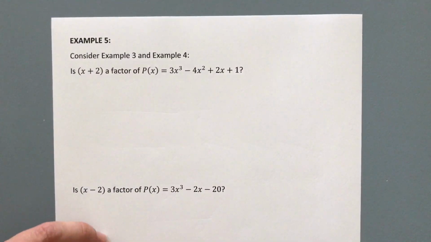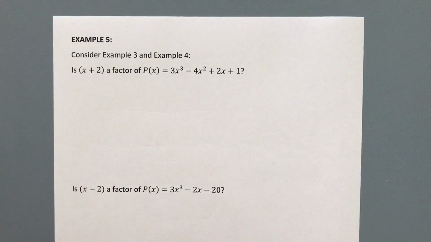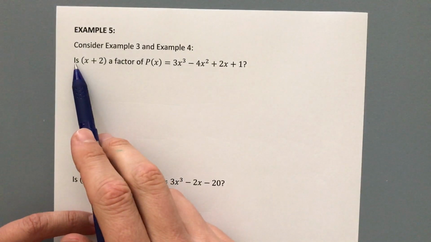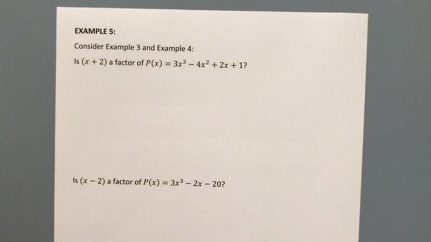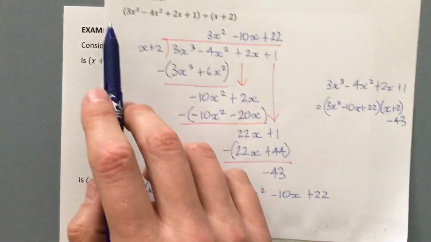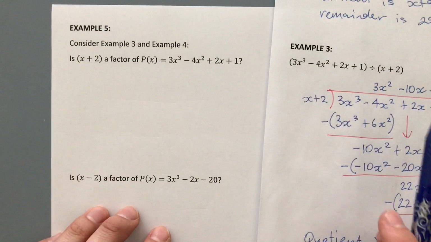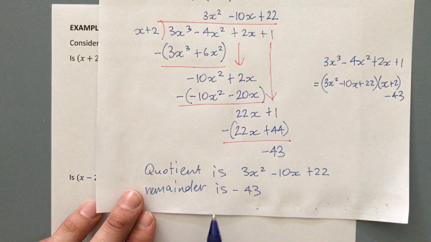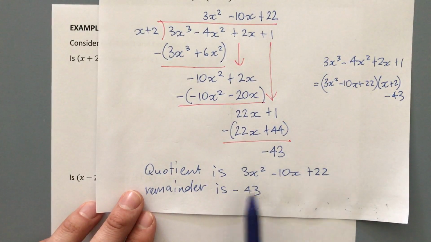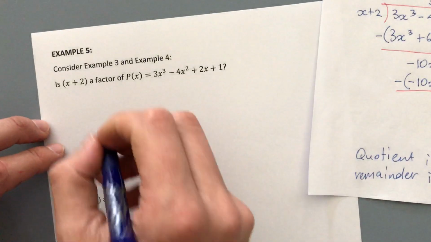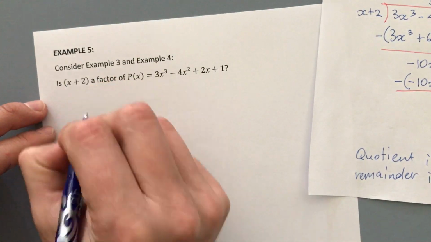So looking at those two examples that we just covered in example 3 and example 4, if you get asked a question like this, is x plus 2 a factor of p of x? What you would do now is go and do that division, okay? And if you do that division, you find that there is a remainder or there's not a remainder, and you can say whether x plus 2 is a factor or not. Because we've already done that particular calculation, okay, we took 3x cubed minus 4x squared plus 2x plus 1, divided it by x plus 2, and we got that the quotient was 3x squared minus 10x plus 22, remainder is 43. So what we can say here is that